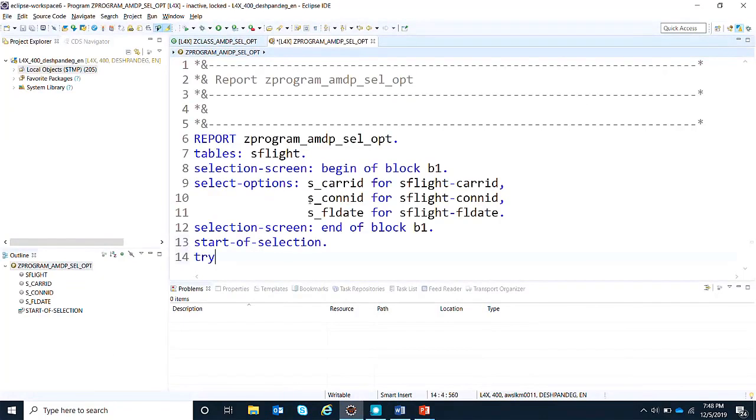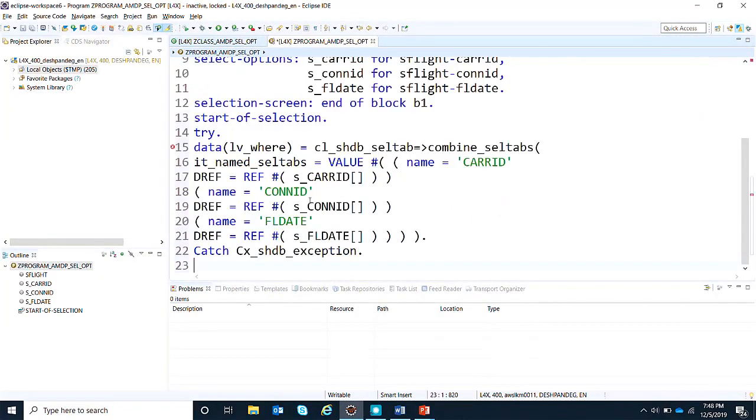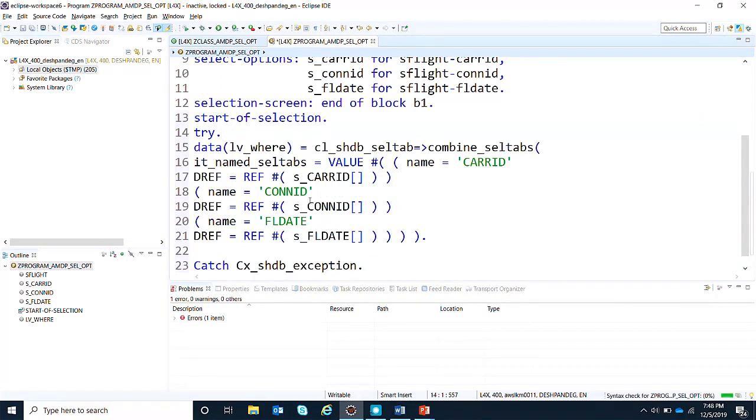So I will say try, and I will say data(lv_where) is a string, equal to, this is a standard class, combined cell types is a method, and it_name_cell_types is an internal table name. And in this table, you are storing this value, name equal to, first field is the selection screen field